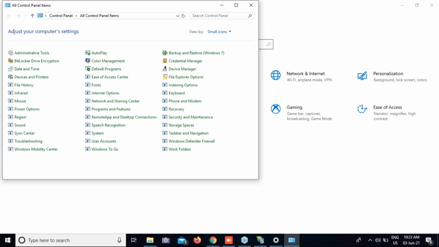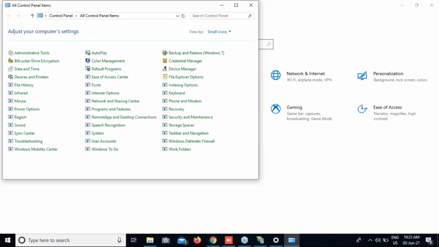So the application is also hosted. This is the application.